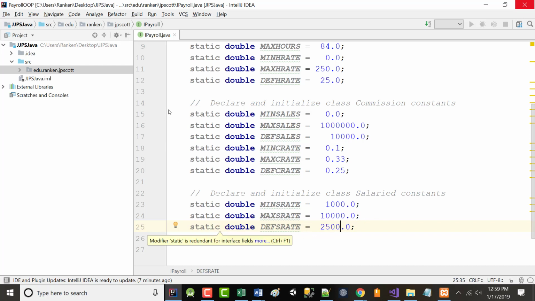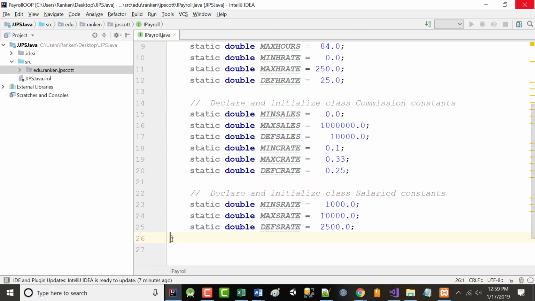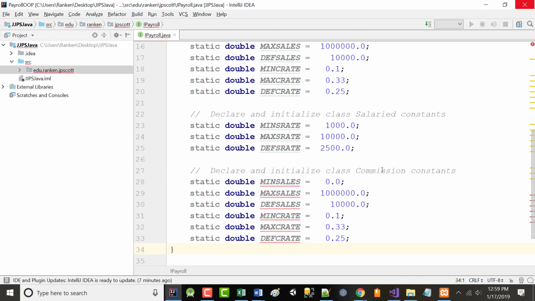Right, and one more. I'm going to go back and double check and make sure I've got all these set up correctly. Just a second.